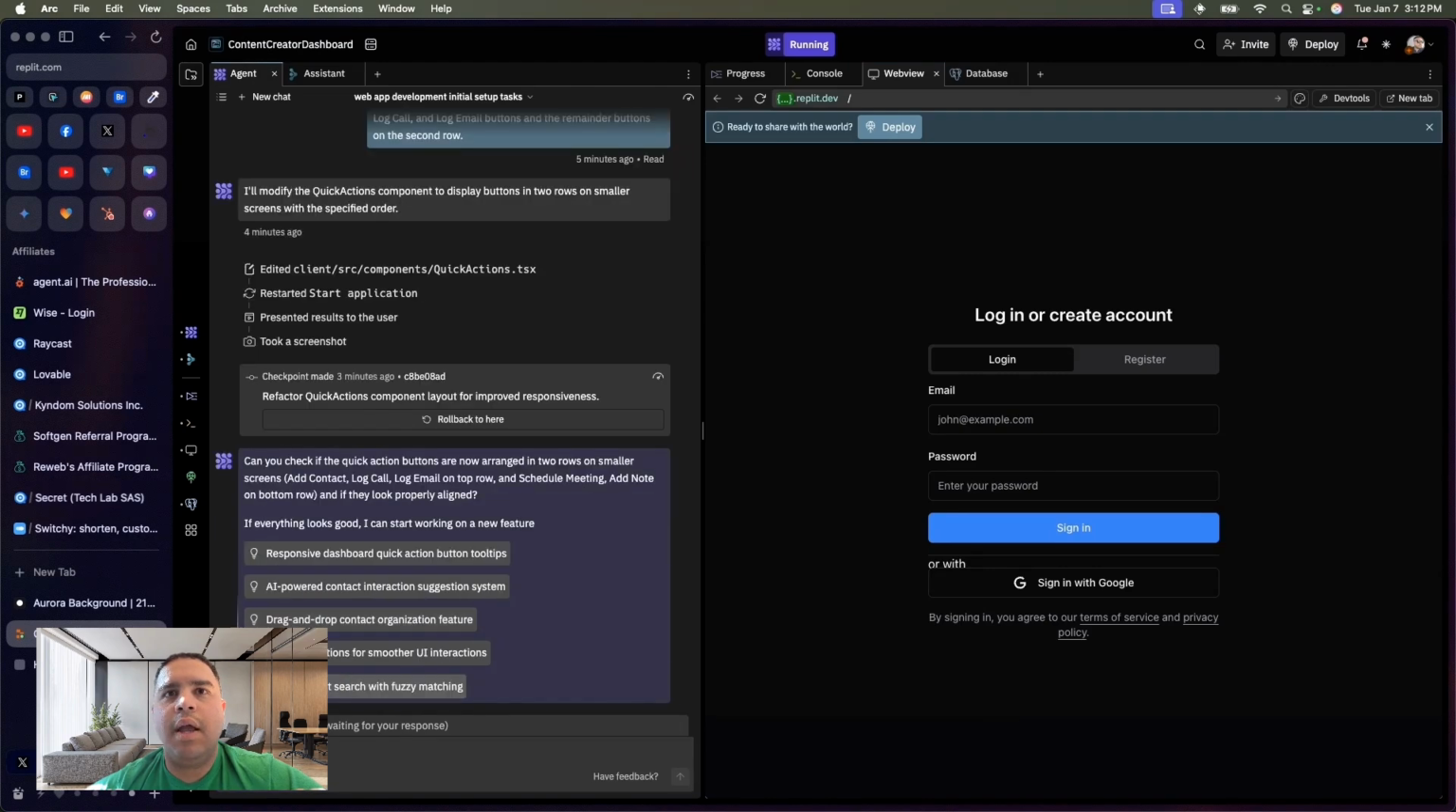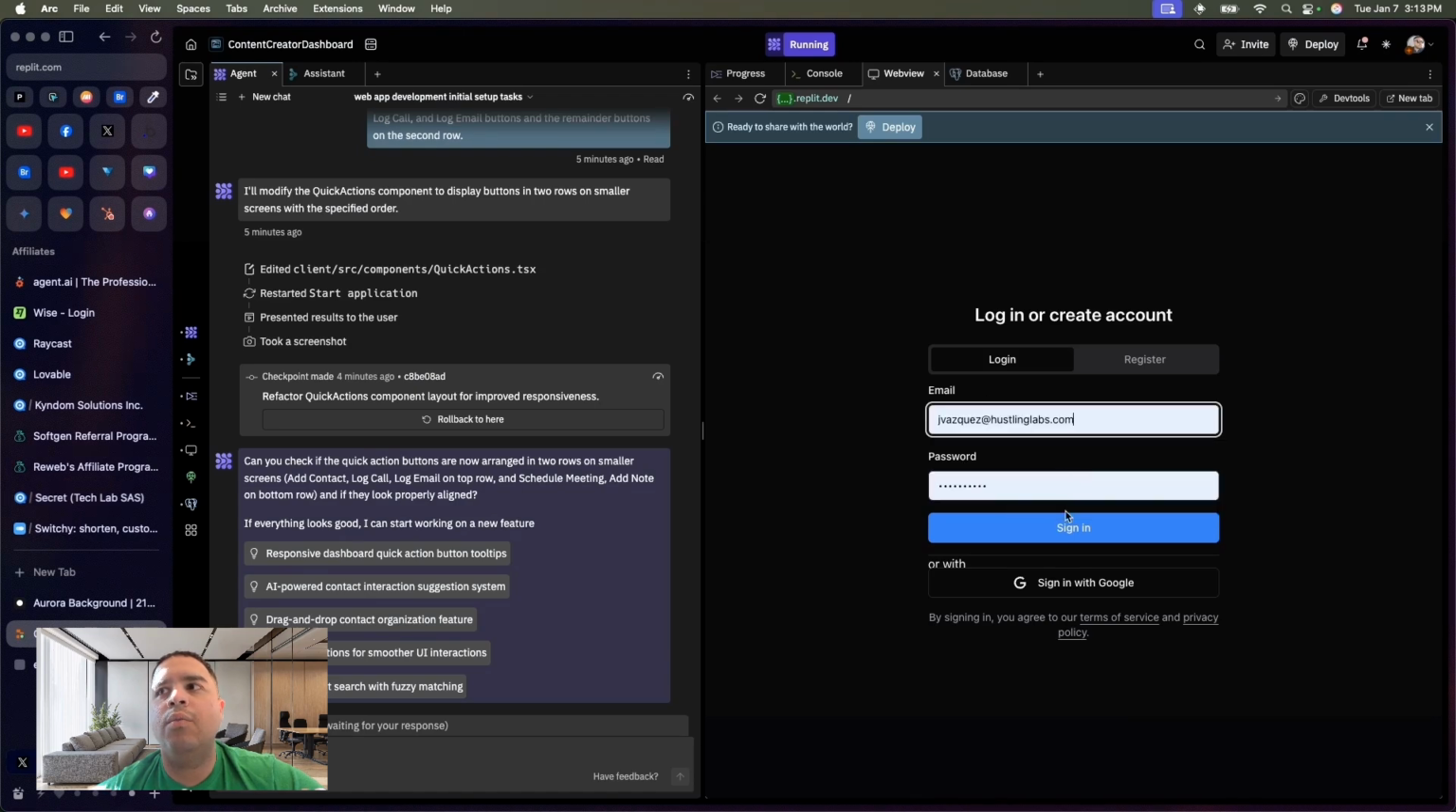So the agent asks you if the feature is good to go, if it's working properly, aligned, whatever. If it looks good, I can start working on a new feature. So it offers 5 different feature suggestions: responsive dashboard, quick action button tooltip, AI-powered contact integration suggestion system, drag and drop contact organization feature, micro animation for smoother UI interactions, and quick contact search with fuzzy matching. I think I would go with that last one because